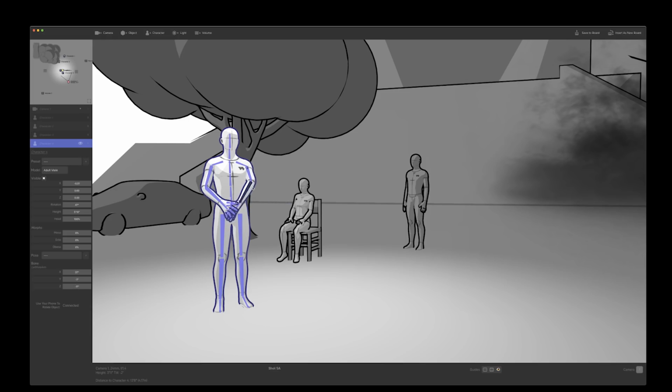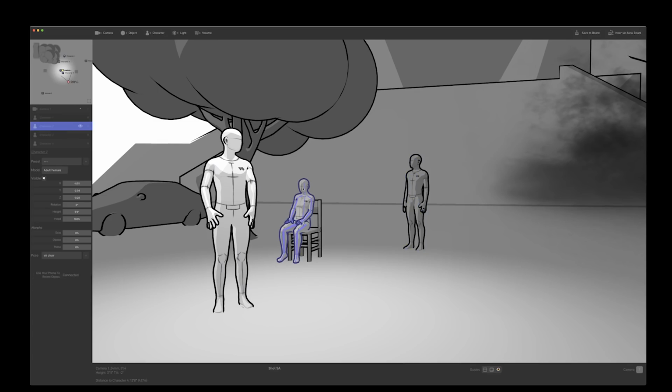Select a bone, rotate it. It's looking kind of a little weird, but whatever. And then if I wanted to, let's say, have him look back there, and then I want to click on this guy and have him look over there, and I want to have her look up at this dude, I can very quickly do that and be like, she's gonna put her arm out, reach out,